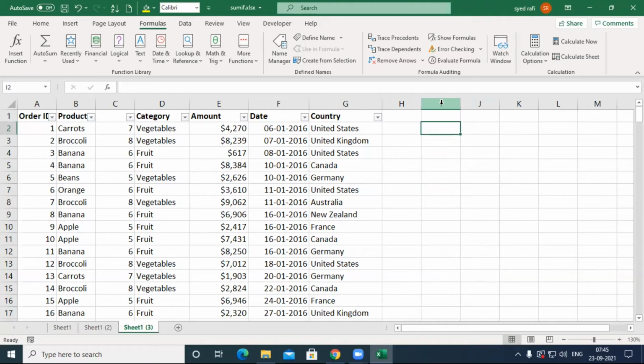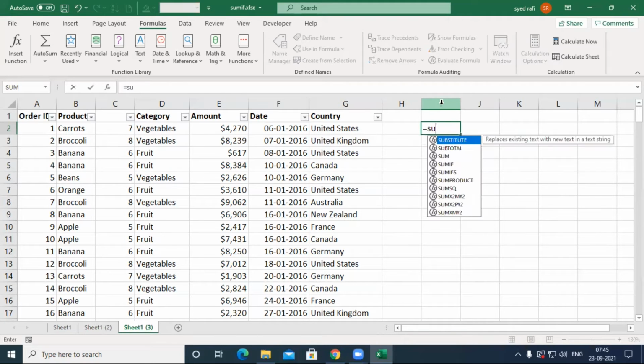Okay, I will show you. So SUMIF is a function which returns a number depending upon the criteria. It sums, it adds one numeric field. That's why it contains three arguments. SUMIF contains three arguments: range, comma, criteria, comma, sum range.